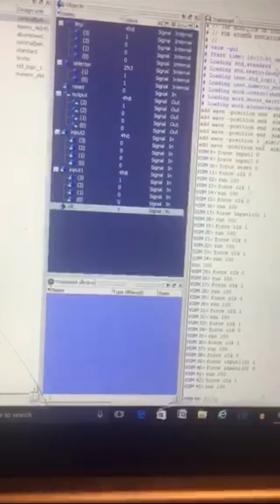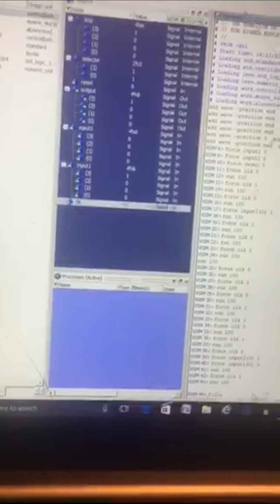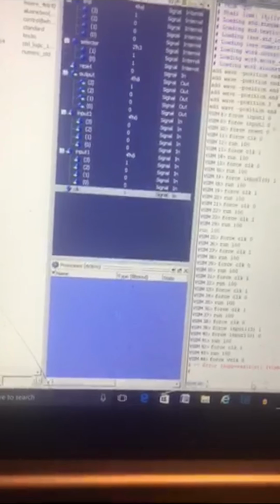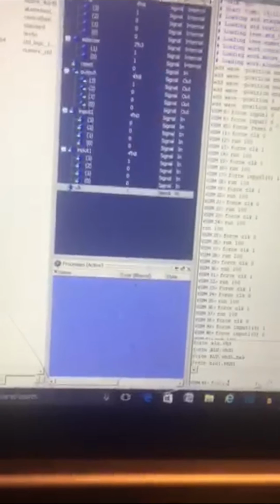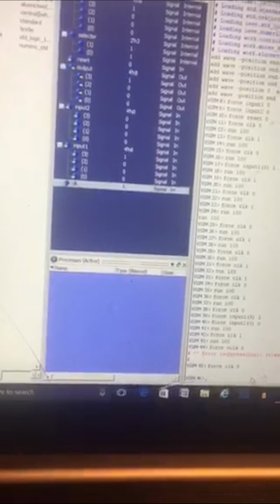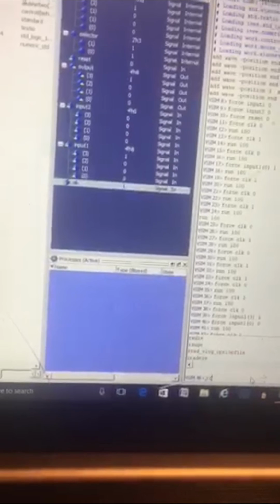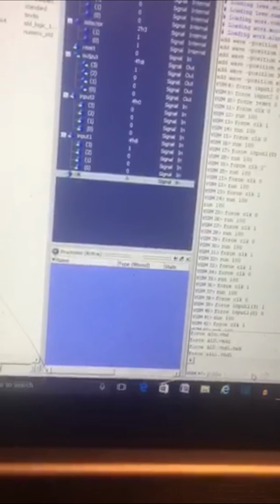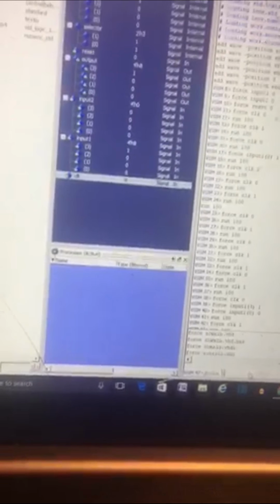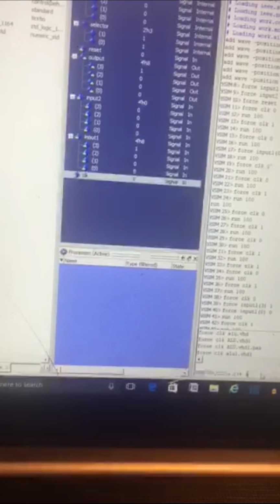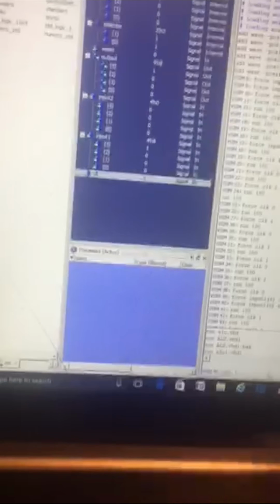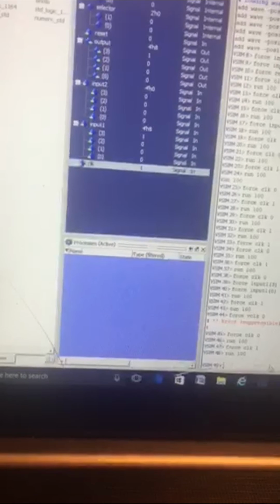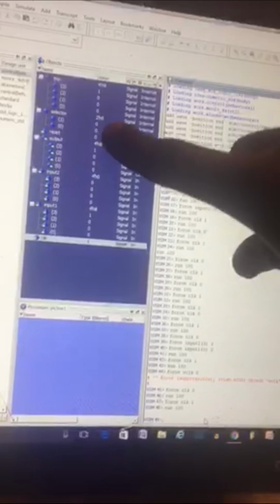And so I'm gonna show you that if we force the clock to be 0, and then run 100, and then force the clock to be 1, run 100. Boom. As you see, we jump back to state 0,